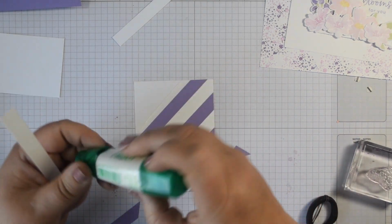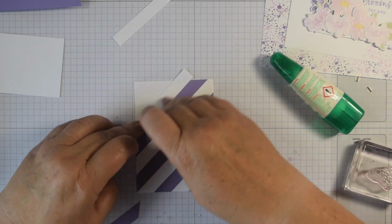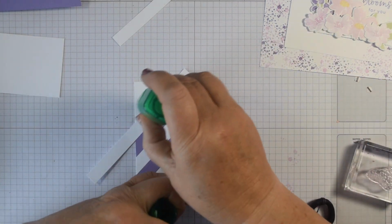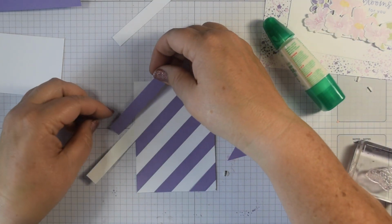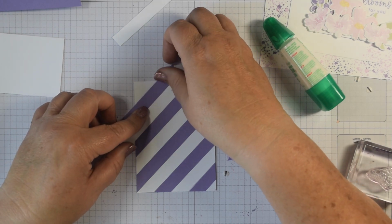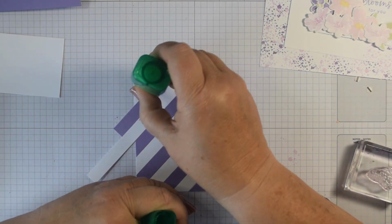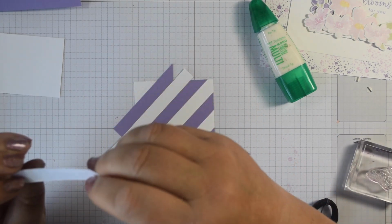Another white layer here. So there's 2 long strips of Highland Heather, say just 1.2 centimetres. I think it was probably about by 21. Certainly gives you plenty to play with. And it's a great way of using up any of those scraps that you happen to have